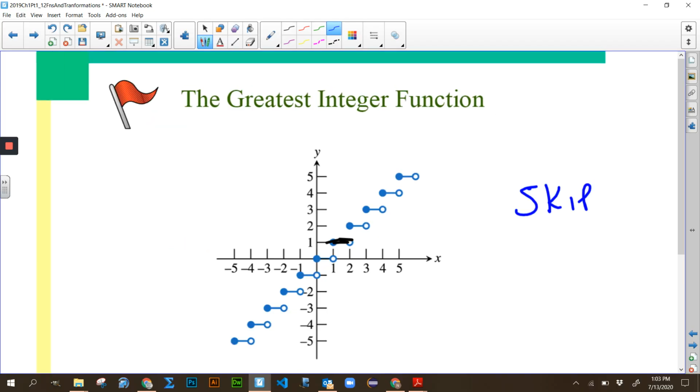All right, the last graph, there's actually another one in here that is in our textbook, the greatest integer function. We're not going to do that because we don't ever see that again the entire year. So we're just going to kind of skip it. I think you might have looked at this in advanced algebra. Here's a word problem application example of this. Let's say you go into a parking lot ramp and for the first hour, this is how much you pay. And then the second hour, it goes up to this amount all the way up to hour 3. And then when it's up at hour 3, it jumps up to this dollar amount,